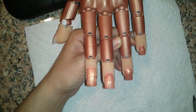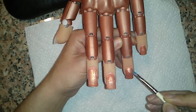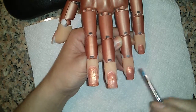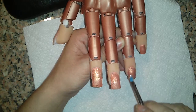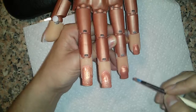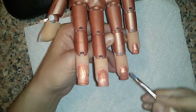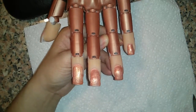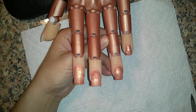Any extra, I'm just going to remove it and put it on my napkin. Making sure that I'm covering all of my surface and trying to get it even. When you look down the barrel of the nail, it looks even. Again, I'm also trying to watch for any